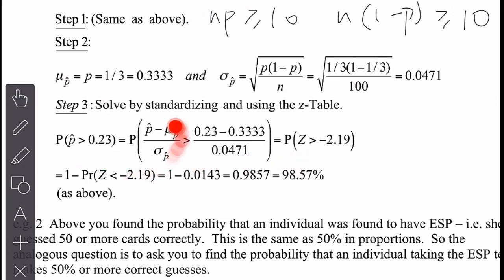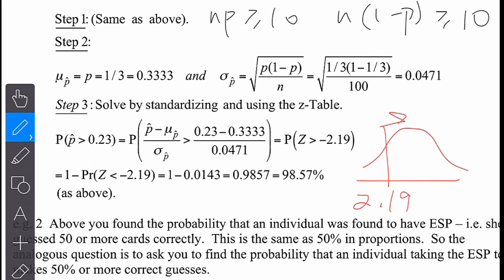So I standardize, that becomes a z. This is a new value, and so I need to solve this, make a picture. These numbers look familiar because we just did this yesterday. So negative 2.19, I want this. The table only gives me the left side, so I must calculate 1 minus to get 98.57%. So the chance is very high, almost 100% chance that I'll get more than 23 successes if I try 100 times to look for what I'm looking for, if the success has a probability of 1/3 of appearing.